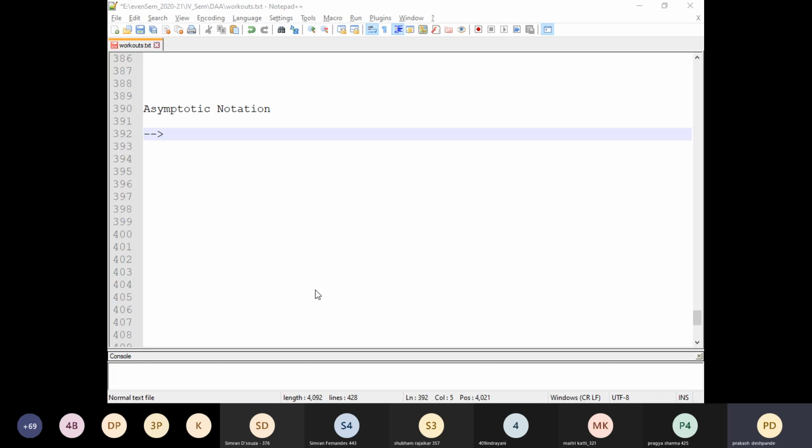In simple terms, asymptotic notation means we try to find how a particular algorithm's time complexity, or its time consumption, increases as the instance characteristic of that algorithm increases. It basically tells the growth of the time computation of that algorithm as the input data value keeps on increasing.